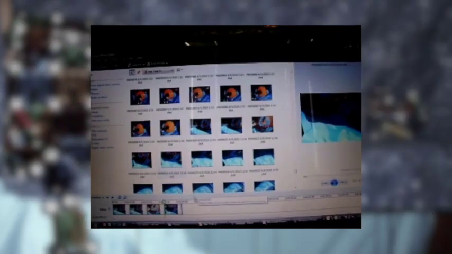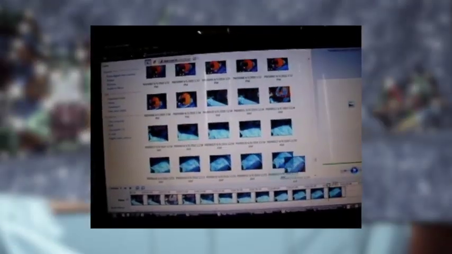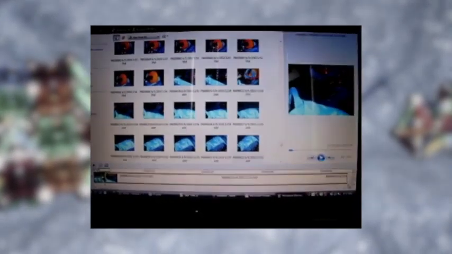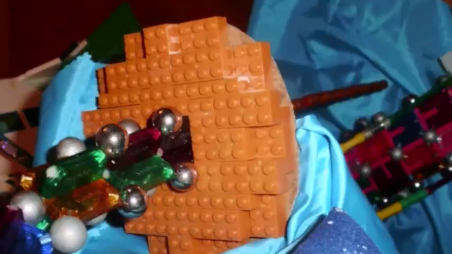I made the movie by building the sets, taking a still picture, moving the pieces slightly, taking another still picture, and so on. Then, once I transferred the pictures onto my computer, I compiled them all down to a single playable video file. Most of the pictures that I took I put into the movie as is without any further